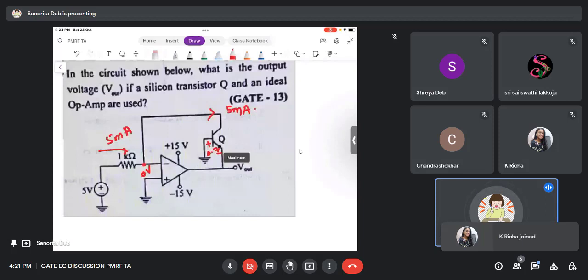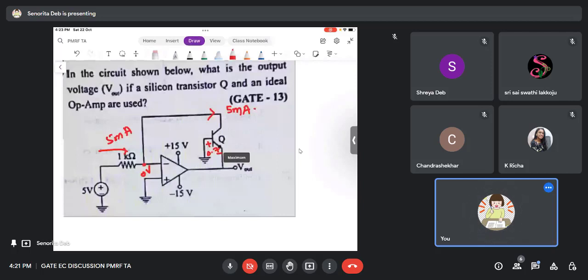So 0.7 plus V out is 0, and therefore V out is minus 0.7. So this was a logarithmic amplifier, Opamp as a logarithmic amplifier. You should go and check this out. Okay, Opamp application